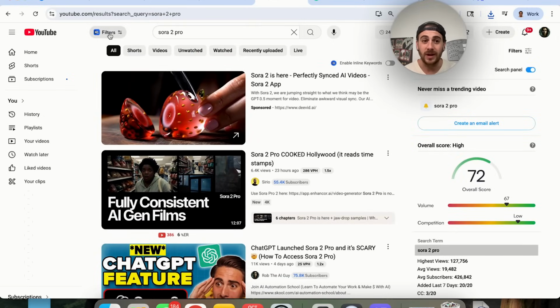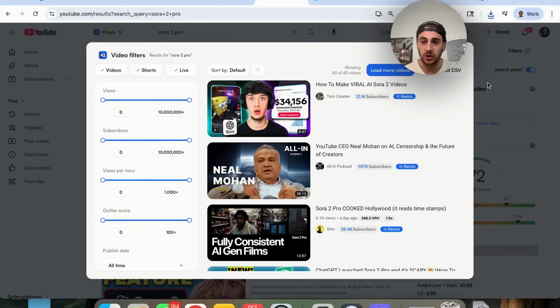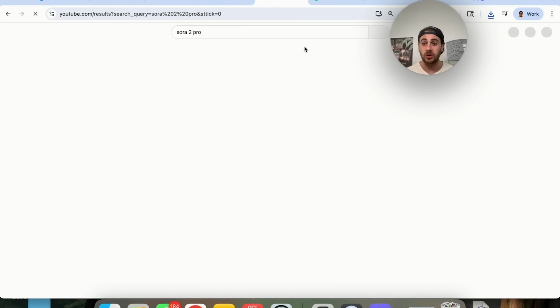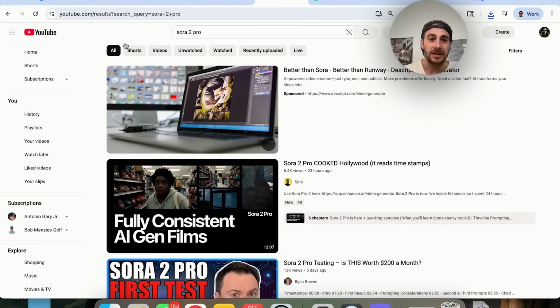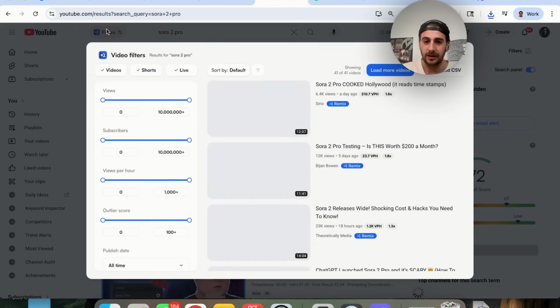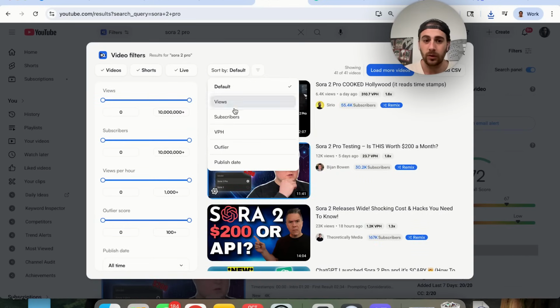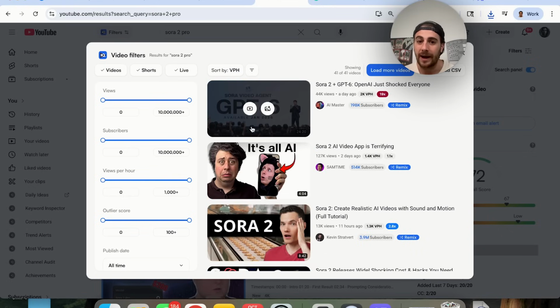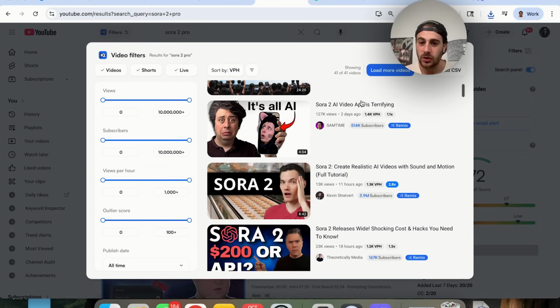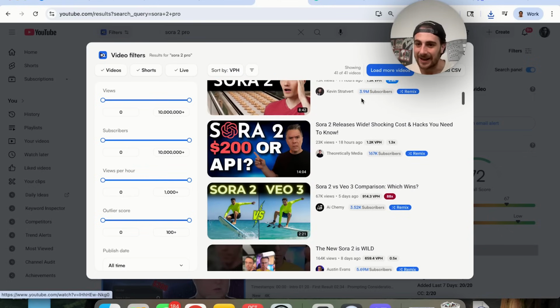Well, the way that you can figure that out is with the vidIQ Chrome extension. We can come under here and we can reload this, which you're going to have to do, and then this is going to load up other content here. If we come under filters, we can now look at this, and instead of sorting by default, we could sort by views per hour. And what do you notice? That now it's actually showing me content that isn't the content that was showing when I actually did a search for something. Instead, now it's showing me the content that people are actually watching right now, today,